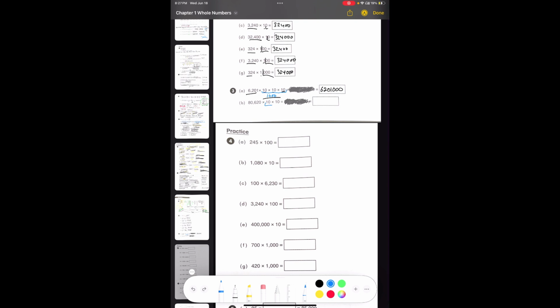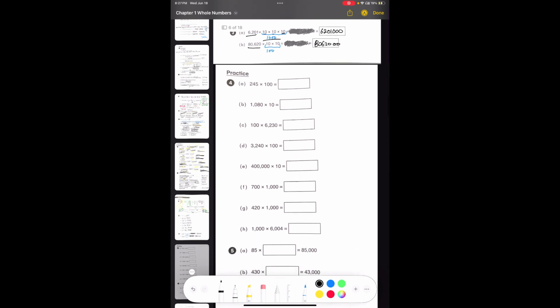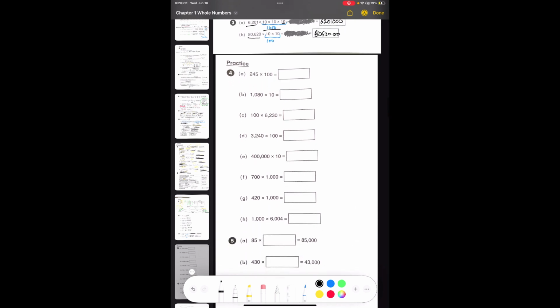Same thing here, we could just take 210, simplify to 100, and then so just 80,620 times 100, and that's our answer. So moving on to the practice,